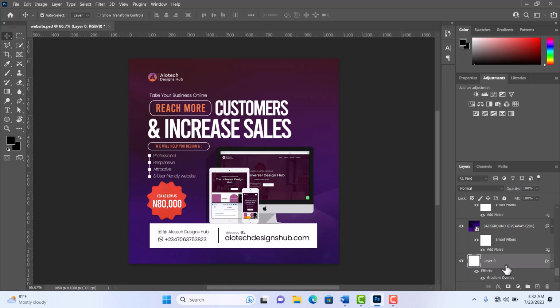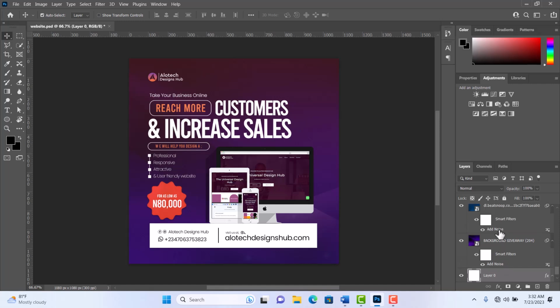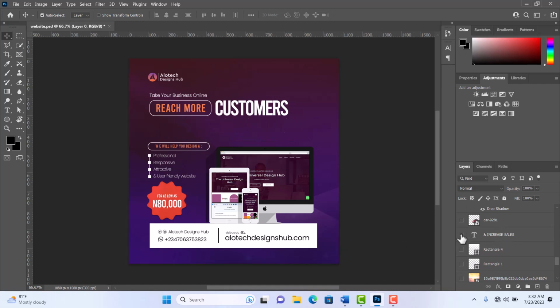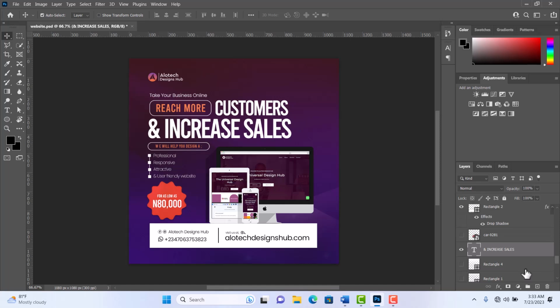Okay, so after your background, you see this image. Okay, the next thing I brought in, it's this increase sales. Okay, so that's how Photoshop layer works. As you are clicking on something or a text, or you brought an image, or you brought a shape, it piles up. It comes after the previous one you just did. Okay,